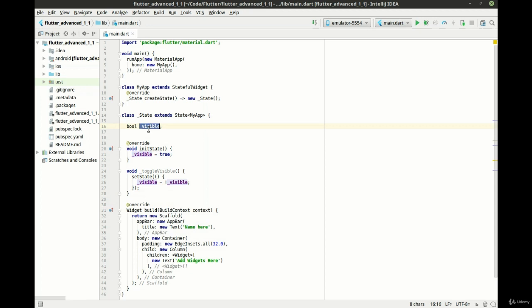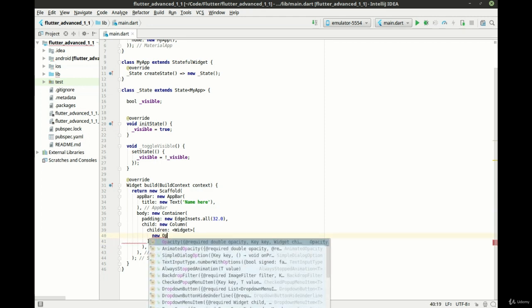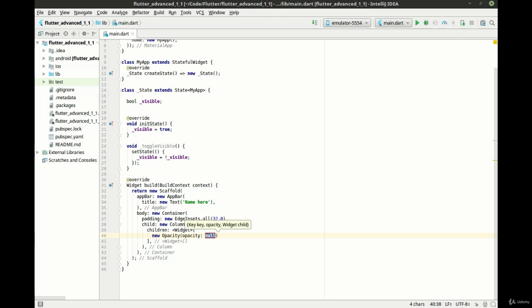Really all we've got is our boolean, we've got our initialized state, and then we're toggling whether or not that is true or false. Now, down here is where we're going to do our magic. We're going to look for our column, and then in our widget sets, we're just going to grab this, and we're going to add a new opacity. And notice the first thing it wants is the opacity itself. And we're going to say visible,